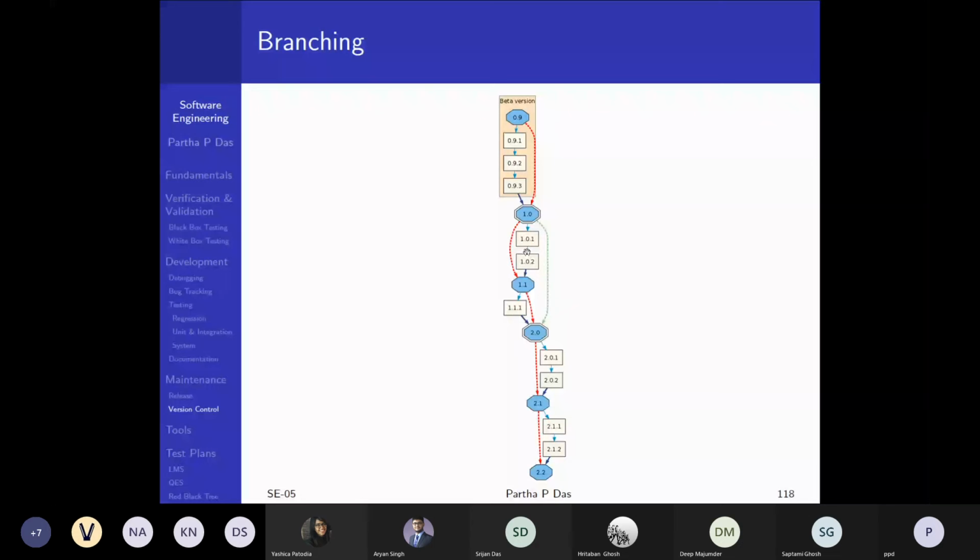It's not 1.1. It's 1.0.1. So you are having patch releases here, and then you merge that with the original one in this minor release. Otherwise, you are having 1.0 as a major release and 2 bug fix releases, 1.0.1 and 1.0.2. And then you merge these 2 into 1.1, which is a minor release. You have another bug fix release there, and merge it to 1.2 to get your next major release with 1.0,